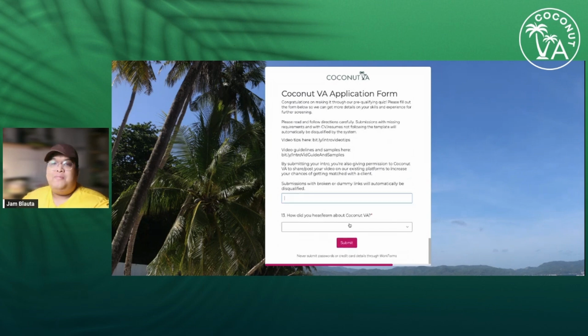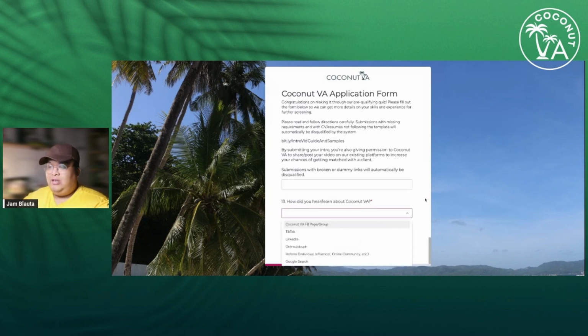And then lastly, very important guys, don't miss this. How did you hear or learn about Coconut VA? I want to highlight this, guys. If you found this specific job post in a Facebook group of a community, or it was referred to you by a friend, then please click referral. Again, if you found that job posting from a community group on Facebook, or a page of an influencer or creator, then please choose referral.